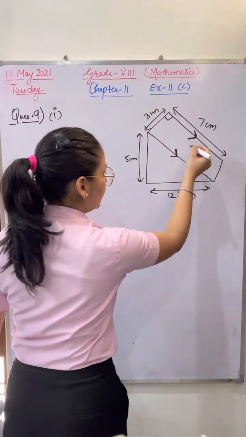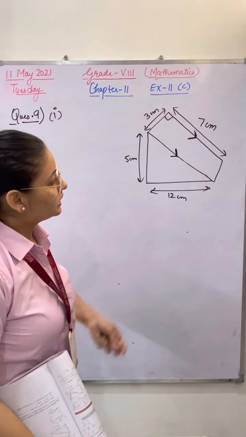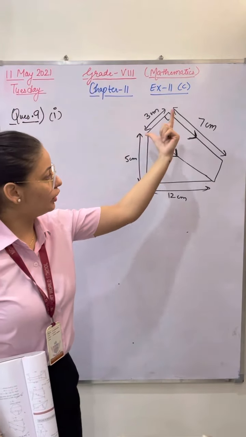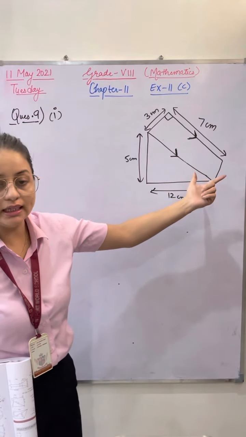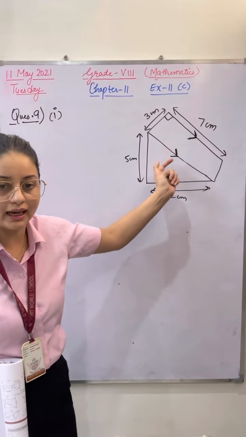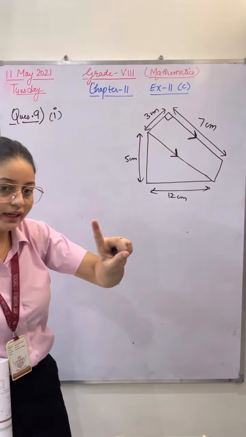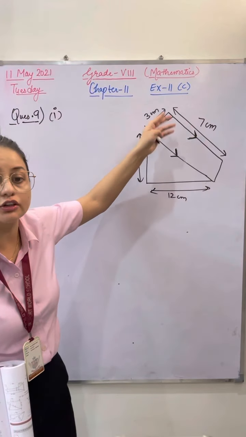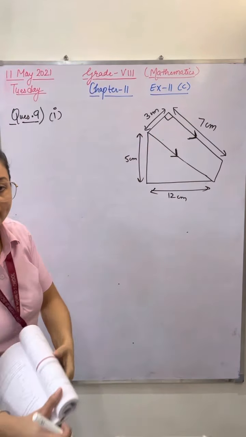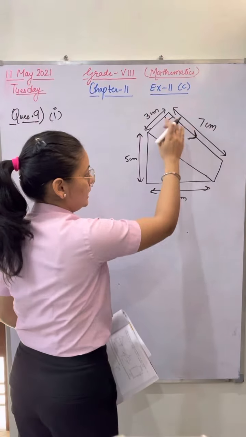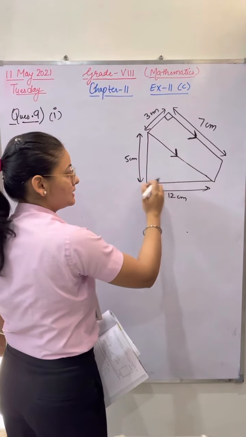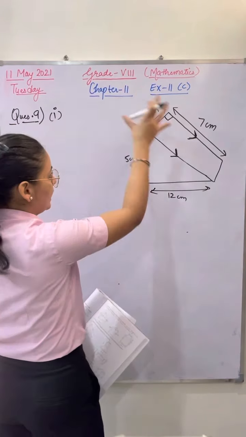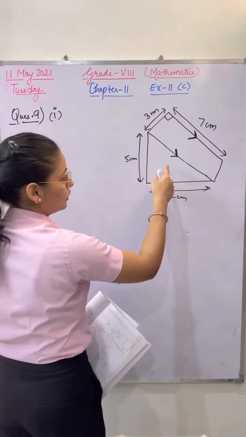Yes. If these 2 arrows are given, that means these 2 lines are going in the same direction. Lines going in the same direction are parallel lines. So we have a shape which has 2 sides parallel to each other. That is a trapezium. So in this complete shape, this is a trapezium and this is a triangle. We can split the complete diagram into 2 shapes, trapezium and triangle.